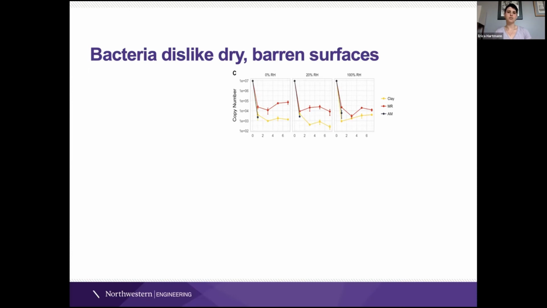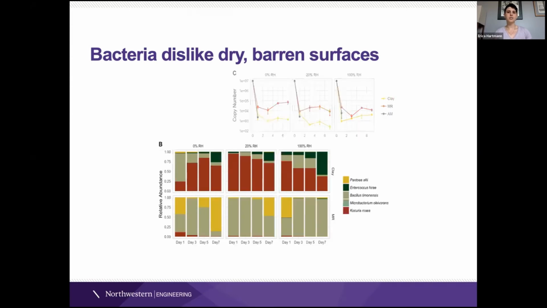And we measured this using viability quantitative PCR, which is an imperfect method, but nevertheless, we know that even if we're seeing 3 or 4 or even 5 log reduction, we're not fully getting rid of all viable microbes on that surface. But what was really interesting is that even though most things are dying, some things are surviving, and